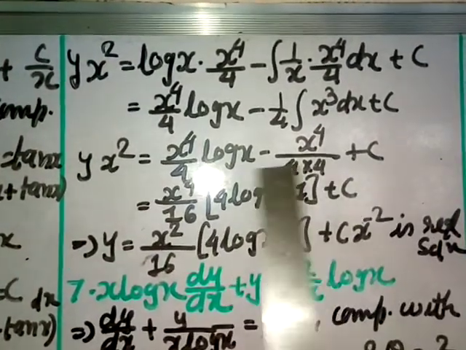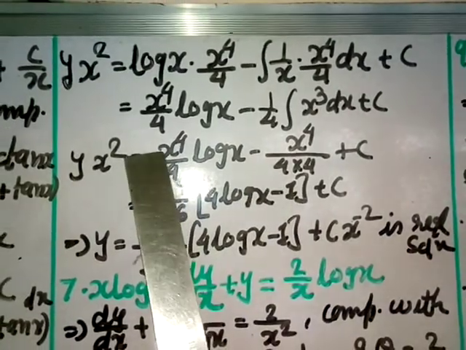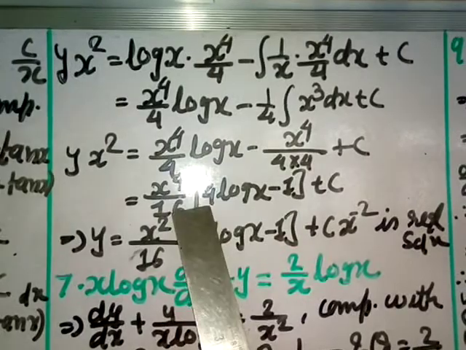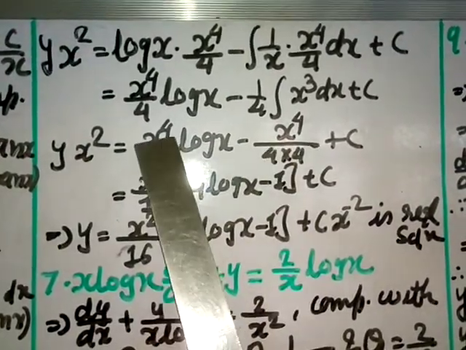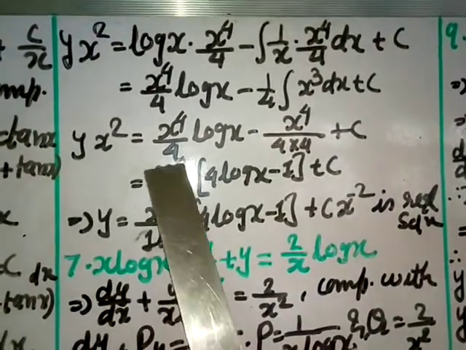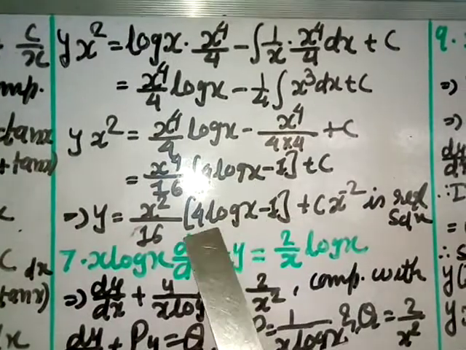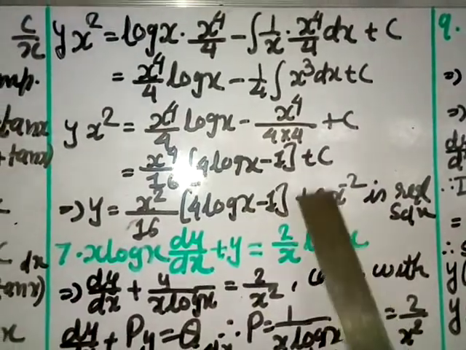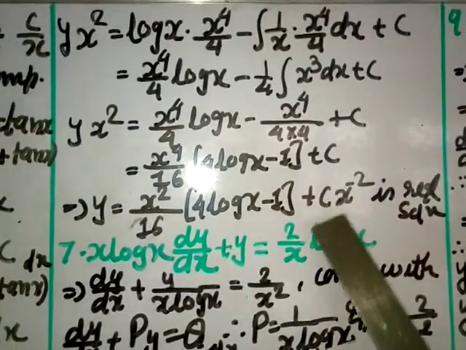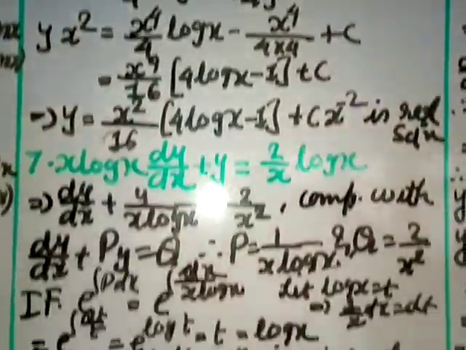Now here we are taking LCM 16, 4 into 4 16, so I am taking 16, and here I multiply by 4, and x power 4 I am taking common, divide by 16. Here 4 log x, why? Because 16, so I need to multiply by 4, and here remains 1 plus c. This x square you transfer here, so x power 4 divided by x square remains only x square by 16, and here 4 log x minus 1 and c by x power 2. Take x power 2 in the numerator, which you are transferring here, it gives you x power minus 2, and this is the required solution for the given differential equation.